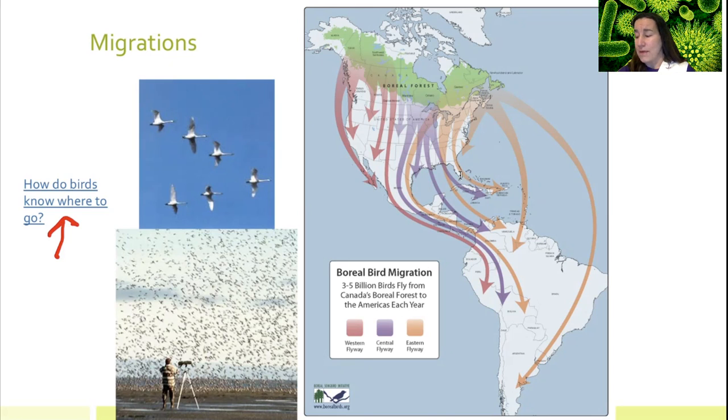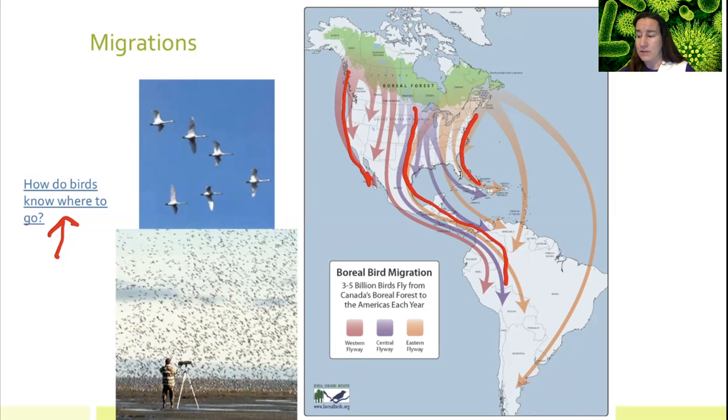And so they will migrate in all sorts of different ways. We've got different flyways demonstrated in this picture in the PowerPoint. We've got here on the eastern coast, and we've got some down in the middle that'll go all the way down through Central America and down to South America. And we've got west coasters over here. The migrations depend on the species and where they need to go to meet their needs.